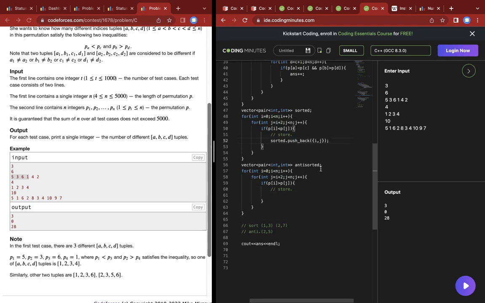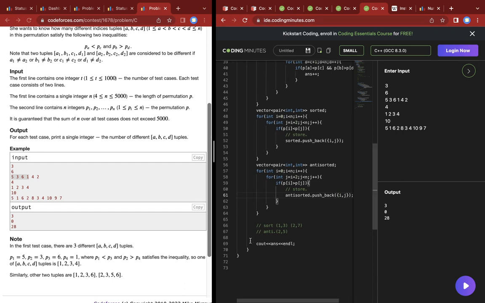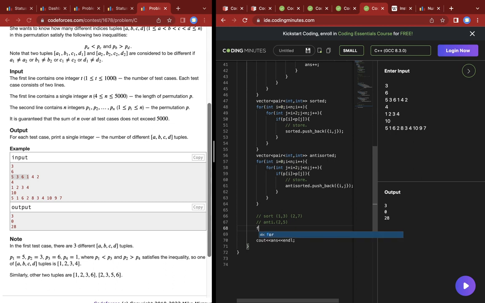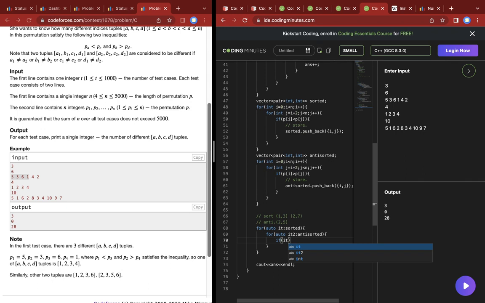Here also. And now the condition. The condition is basically if it dot first, the first guy,